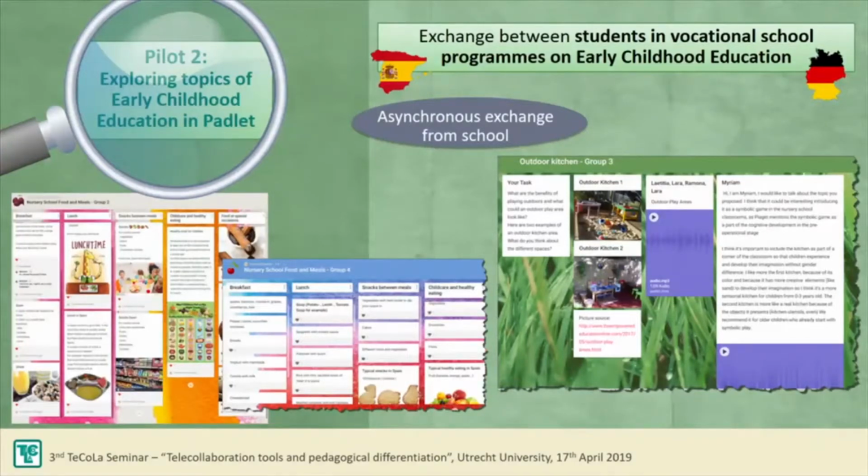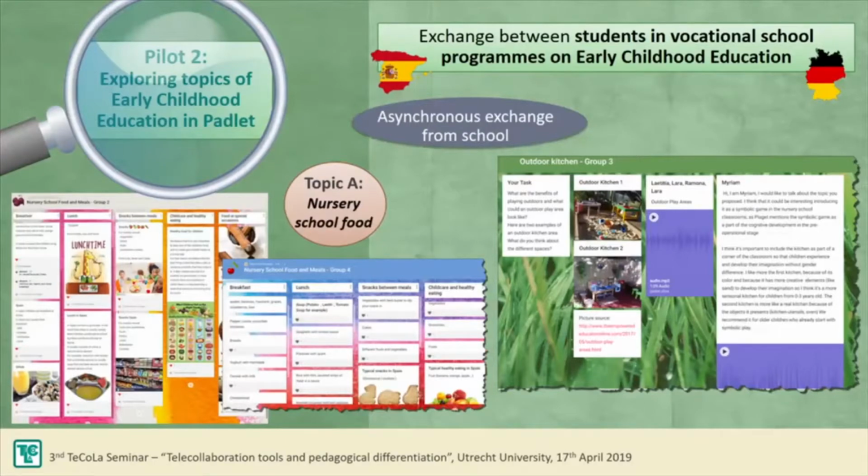And in the first example, that was a topic on nursery school food. So the students there were assigned to 5 different groups of about 6 students, 3 from each country. And they would work in the classroom and post their messages, write their messages. And the other class, from the Spanish class, for instance, would then be the second one, and they would respond to the posts and write comments and so on.